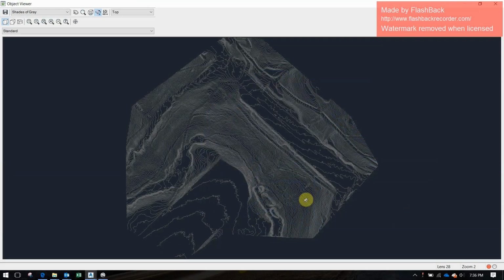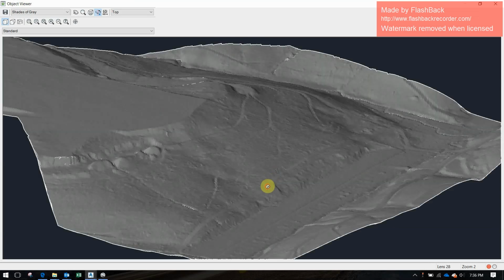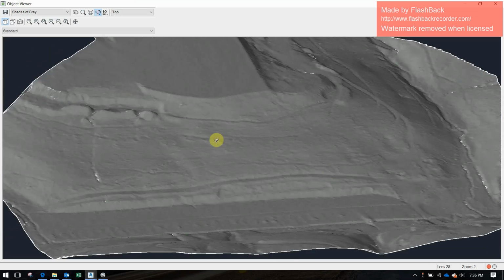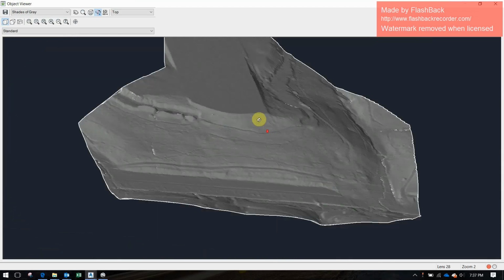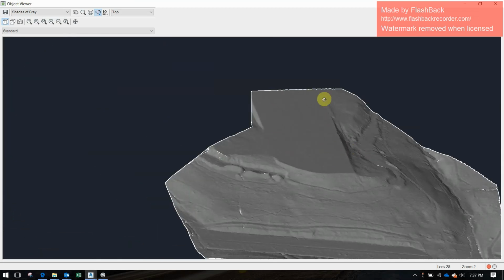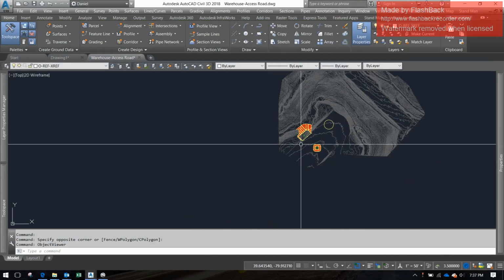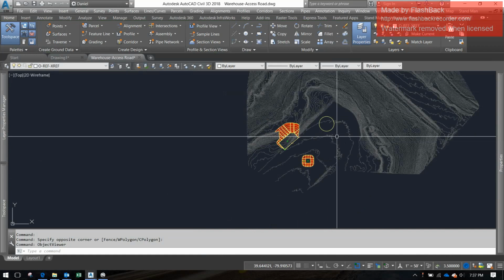But if I pick this up in Object Viewer and rotate it, you can kind of see what's going on here. Looks like we have a couple stockpiles here, soil stockpiles. Looks like there's a stream that runs up along this way, probably another stream that runs along this way. A couple access roads that maybe go throughout, but you see you have this big flat area up here. So that big flat area is the graded portion of the